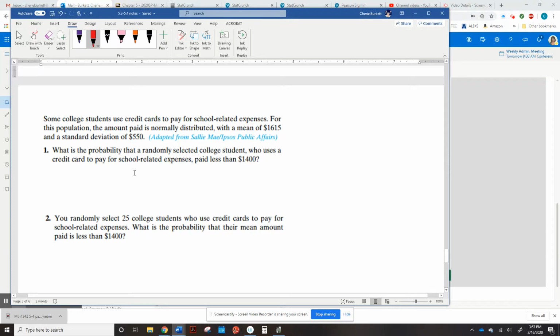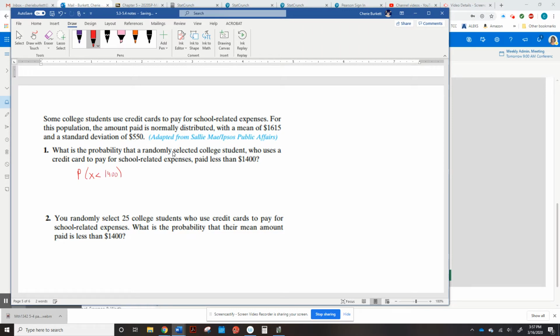All right, so this is the last problem in that packet. Some college students use credit cards to pay for school-related expenses. For this population, the amount paid is normally distributed with a mean of $1,615 and a standard deviation. What is the probability that a randomly selected college student who uses a credit card to pay for school expenses pays less than $1,400? So they're asking for the probability that X is less than